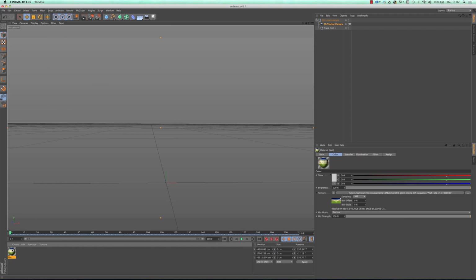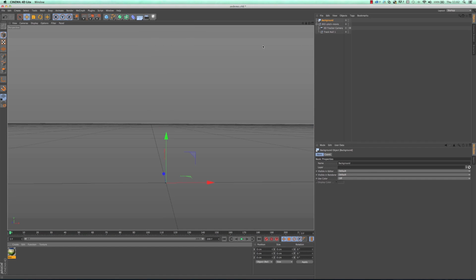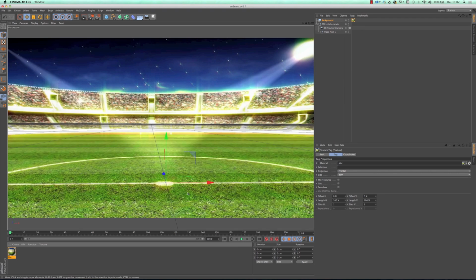I have this material now, and I need to put it on a background. So Cinema 4D comes with a variety of different objects that you can use, and if you drag on any of these, you will have access to a sub-menu, so you should be familiar with that. It's very similar with Adobe applications. And then just release the button on the background object, and that is added to your object manager here. We then drag and drop the material onto the background object, and hey presto, we are all lined up and ready to go. So if we hit play,